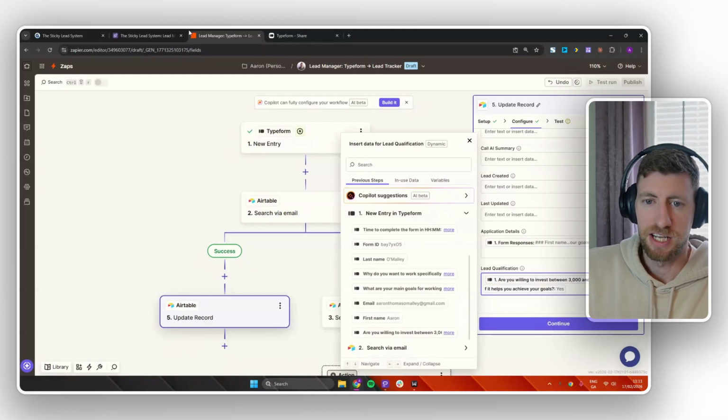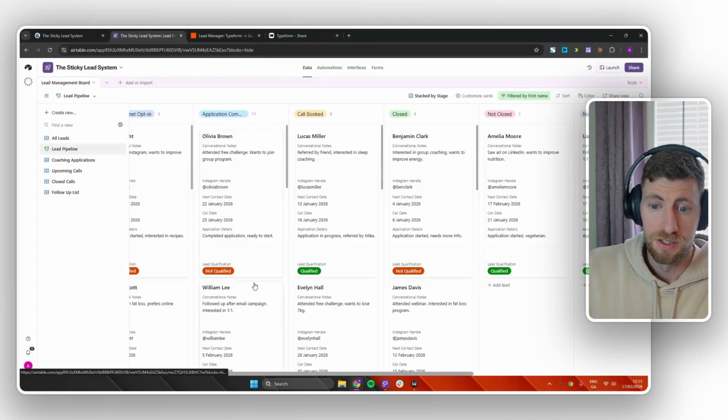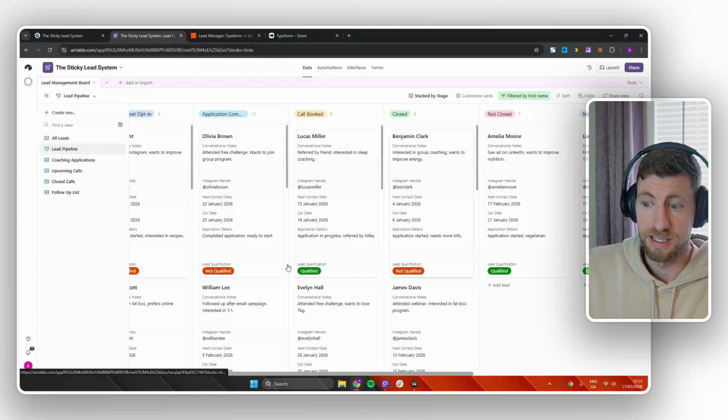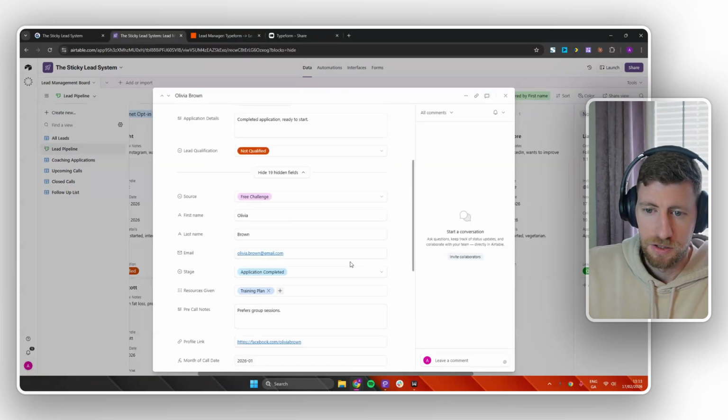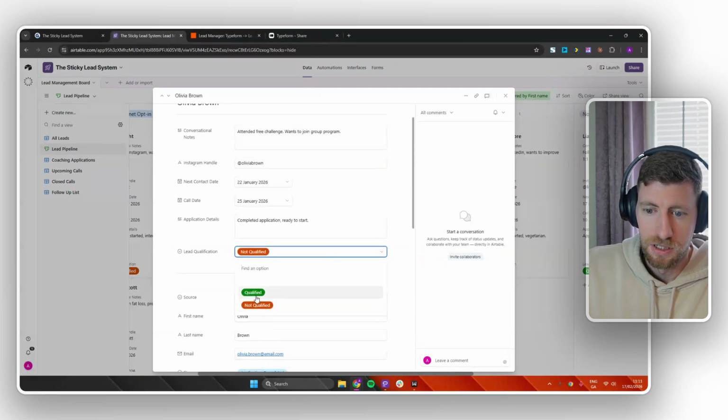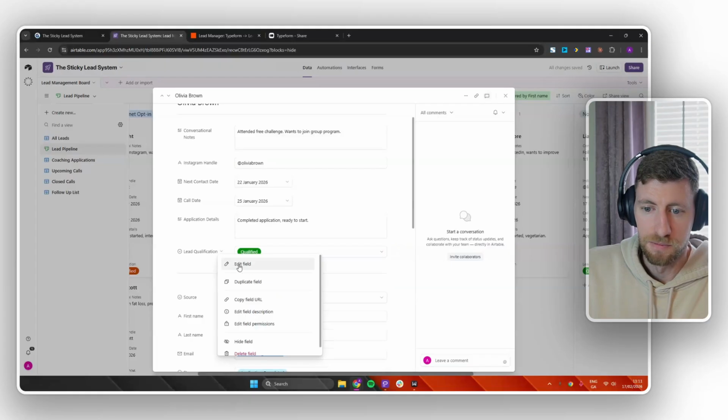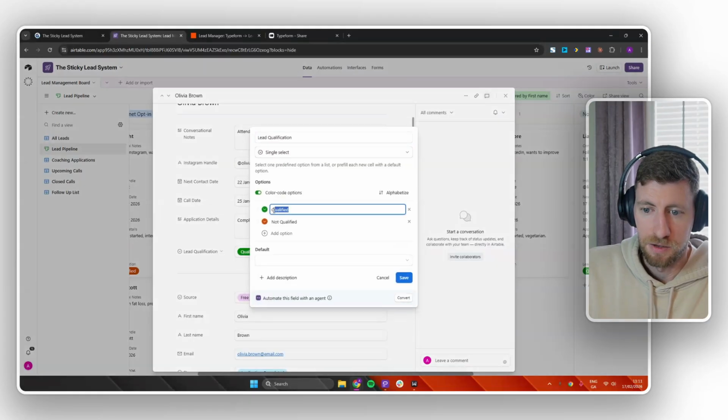You can then change the value inside this here. So you'll see here we have lead qualification, not qualified, qualified, and stuff like that. We can then change the inputs here. So we could say lead qualification. We could change this to yes. We could change it to no to do that. We'll hit the drop down, click edit, and then we'll put yes